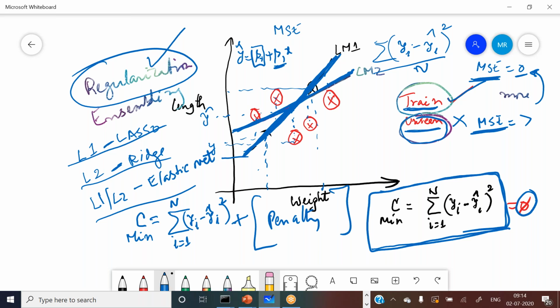I want to add another term to my sum of squared cost function. I will call it a penalty, and because of this penalty I want to tilt this line appropriately, wherever a more generalizable model is built.